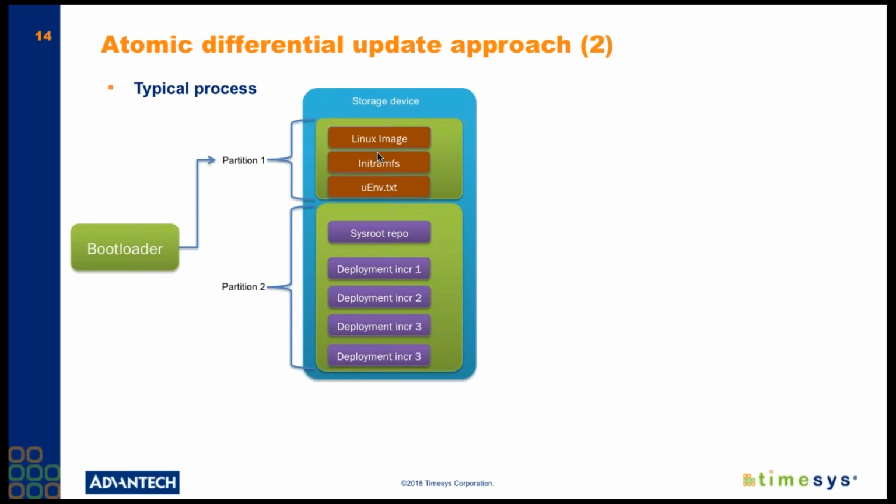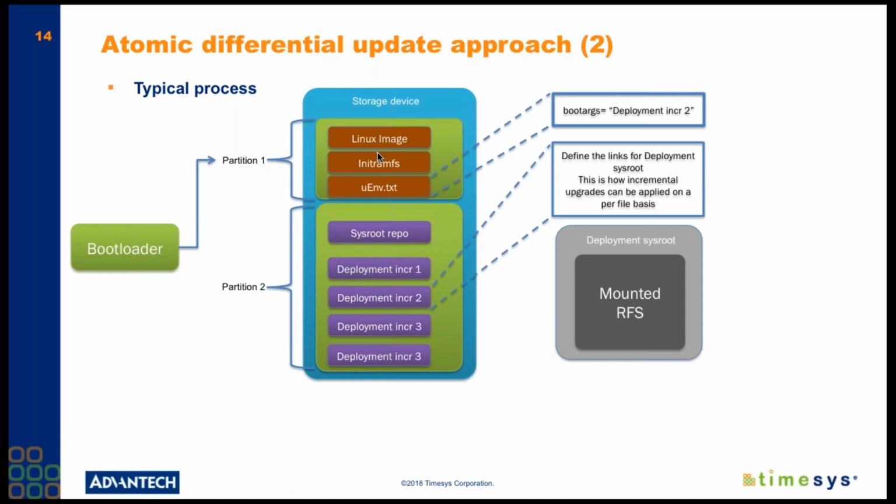Within that root file system partition number 2, I have something called sysroot repo, and then I have deployment increment 1, 2, 3, and actually there should be 4. Now, when the Linux boots, the bootloader can actually read the boot args and assign appropriate deployment increment. This deployment increment represents a document that describes a set of changes to the root file system. Those set of changes are then taken and let's say that there is a newer updated file under